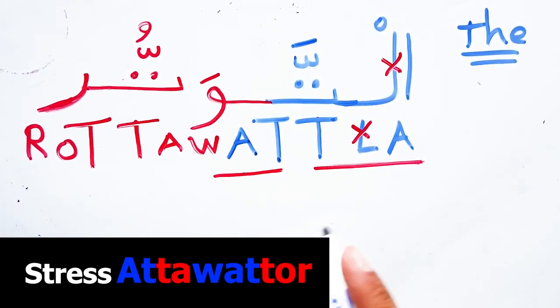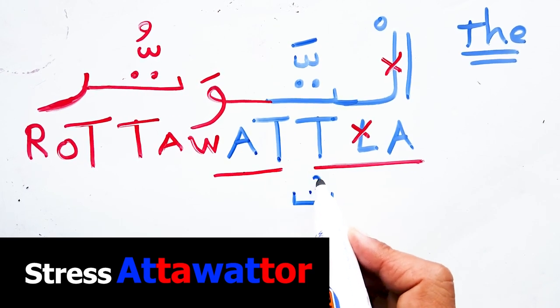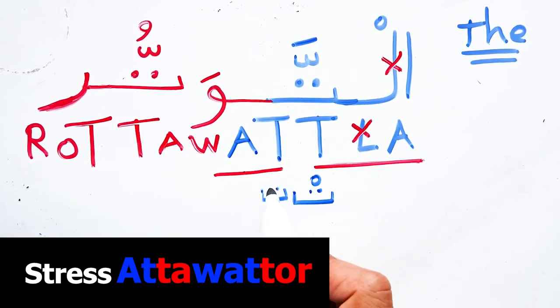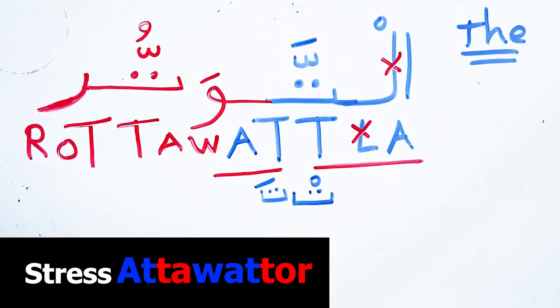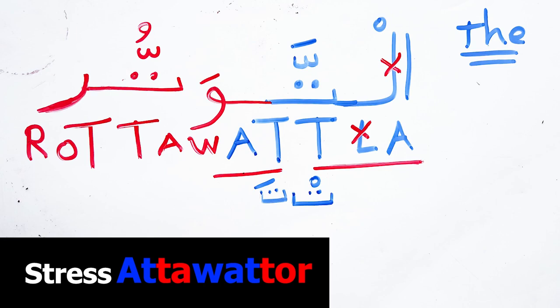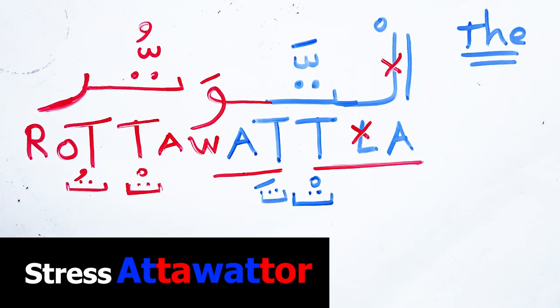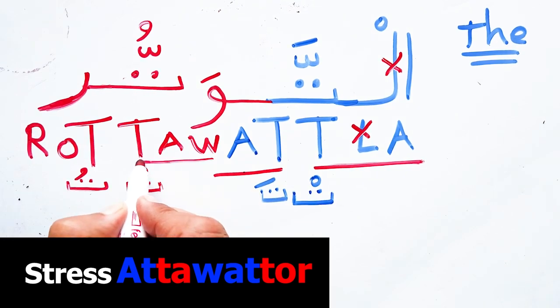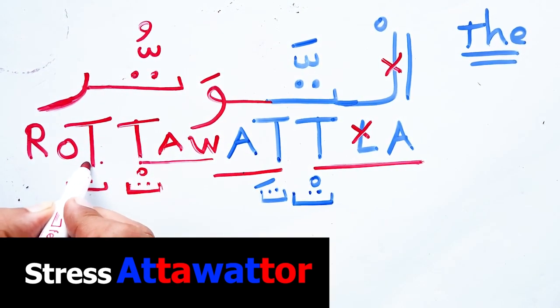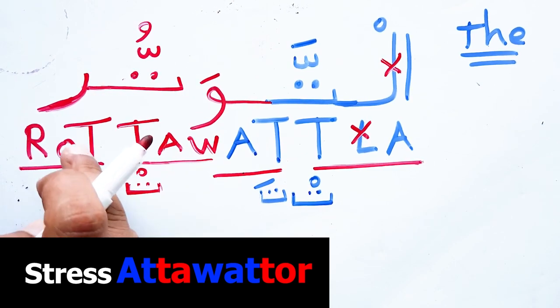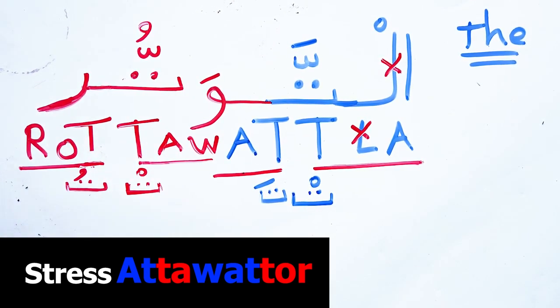Let's write it in Arabic here. The first time is with sukoon and the second time is with fatha, as you see here. This one with sukoon. And the same thing here, this ta we pronounce it 2 times. The first time always with sukoon and the second time is with dhamma. Let's see the syllables. At, ta, wat. We have here another syllable and another syllable. Tur. Again. At, ta, wat, tur.